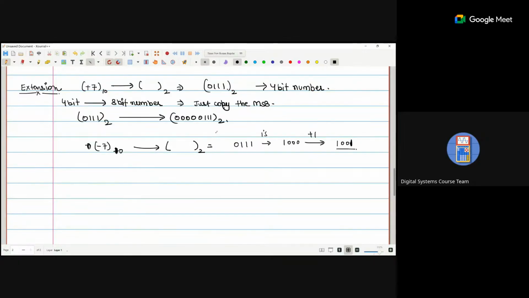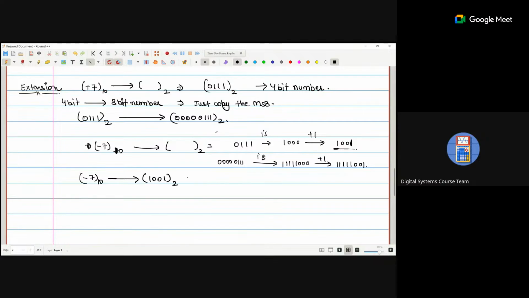If I convert this number into 8 bit, 0000 0111. Now take a ones complement, so it is 1111 1000. Again adding 1, so it is 1111 1001. So what should I do? I just copy the MSB. So -7 in base 10